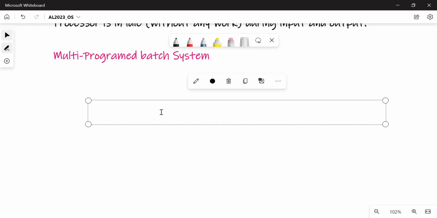The operating system could perform multiple jobs or tasks, right?